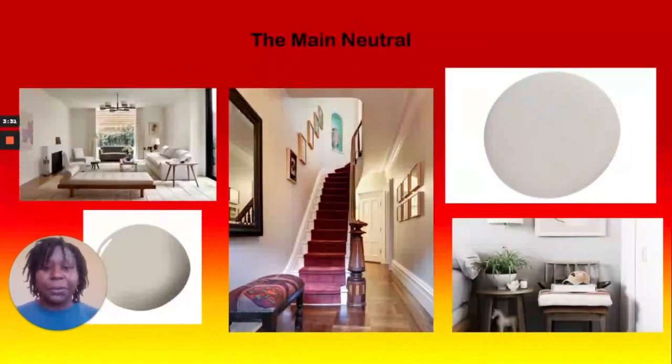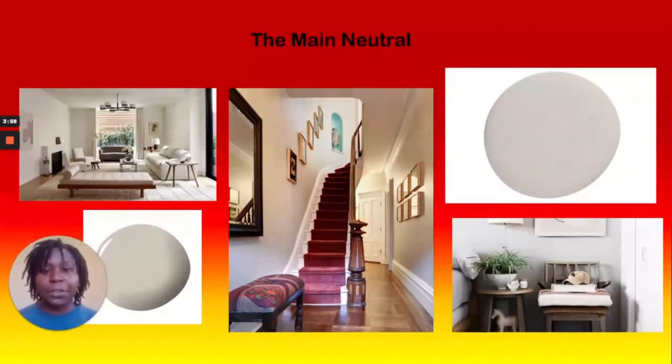After you choose your first neutral, you're going to want to choose your main neutral. This is going to make up 60% of the color that people see throughout your home. So it's going to revolve around that cool or warm theme that we talked about early in the presentation. Let's say you picked a cool theme, so you might want to use a light blue to work with that theme.